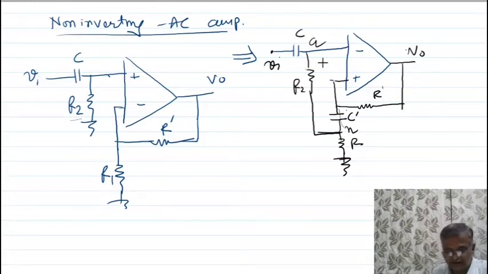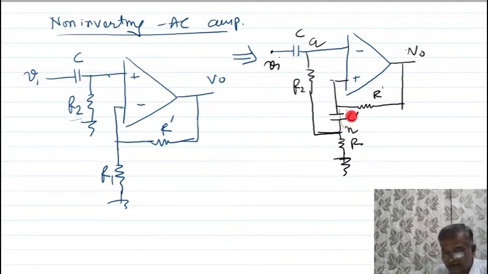Look again, I am telling you a few lines again. This is a circuit diagram of the non-inverting AC amplifier. The input is given to the non-inverting terminal, and this R2 provides a DC return path to this circuit. But due to this R2, the input impedance of the circuit decreases. To eliminate this problem, one capacitor is connected as shown in the figure.